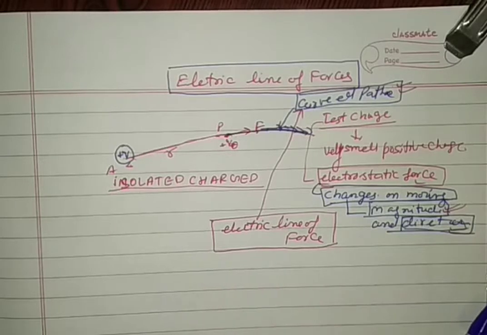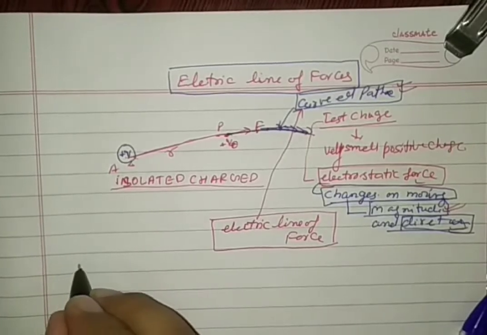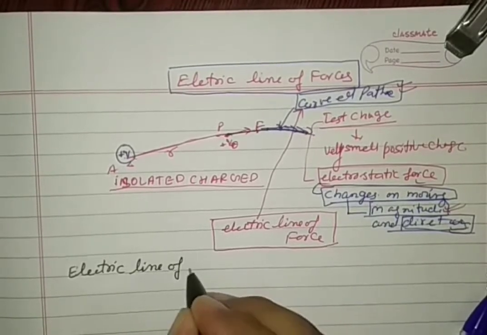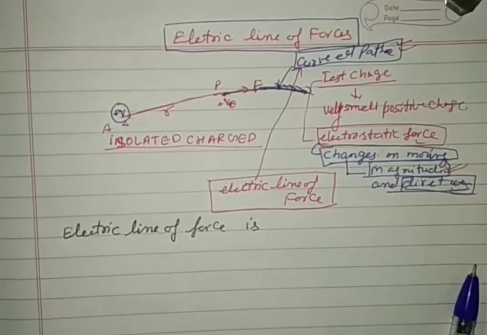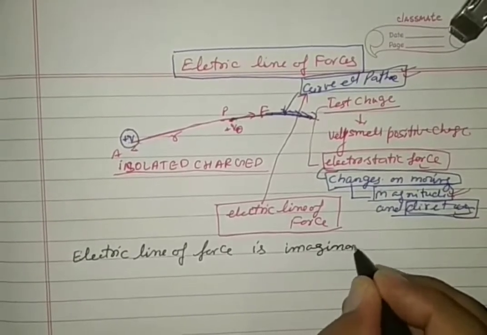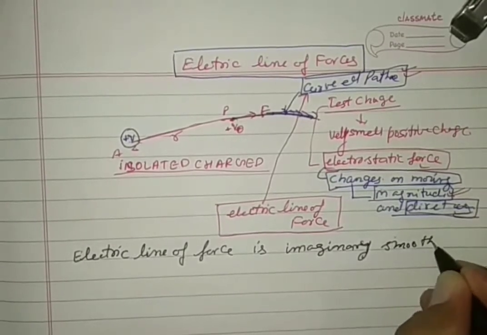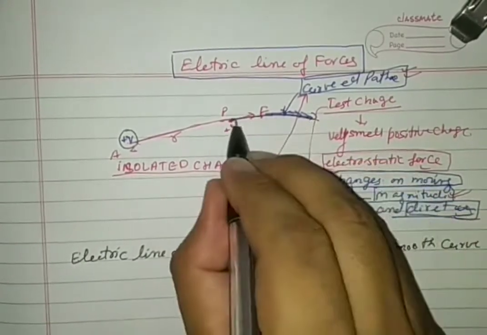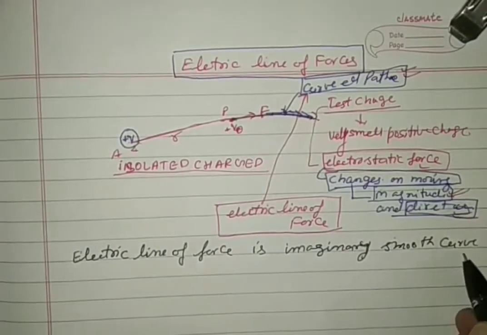So you can write, very carefully, electric line of force is an imaginary smooth curve. See my pen here in the diagram. Imaginary smooth curve drawn